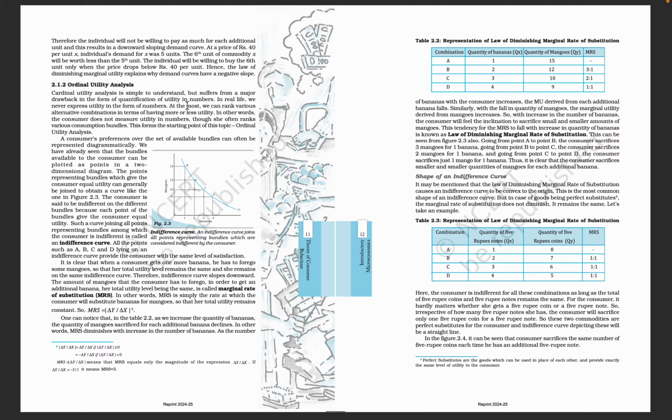In other words, marginal rate of substitution is simply the rate at which the consumer will substitute bananas for mangoes so that her total utility remains constant. So, MRS equal to